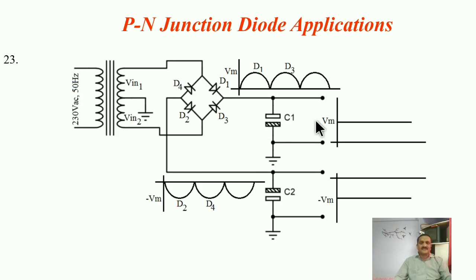This is nothing but a dual power supply. This is not a bridge rectifier, remember. This bridge rectifier, this bridge, is powered by a center tap. So partially it will work as a positive DC power supply, and partially it is working as a negative power supply. That's why you will have output across these two terminals, like positive over here and negative over here. So this is known as a dual power supply. Just again, by using the basics of diode working, just try to find out how it will work.